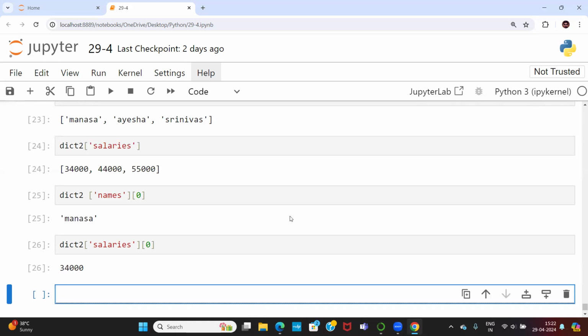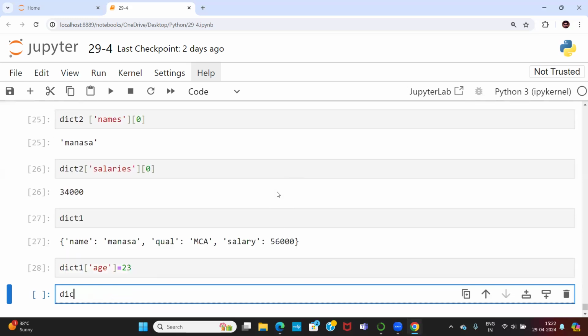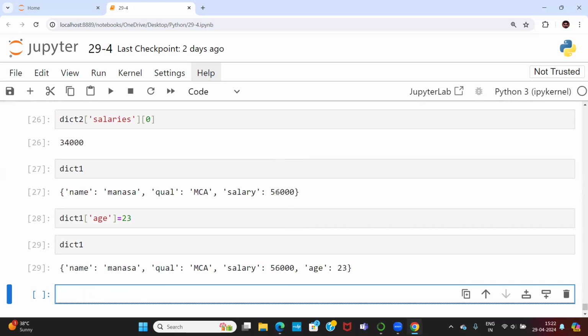And only these kinds of operations you can perform for the dictionary. So you can assign a value. Okay, I want to assign one more value. What is DICT1 now? DICT1 is name, qualification, salary. I want to enter the name, age also. How to set age for DICT1? DICT1 of age is equal to 23. If I say 23, age is also inserted. Now you can see age also